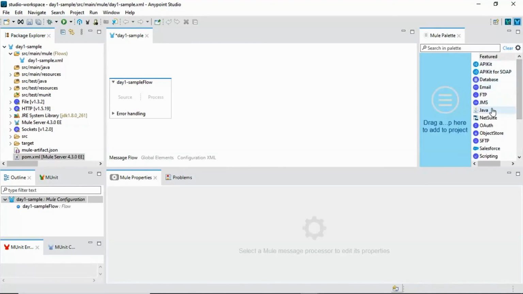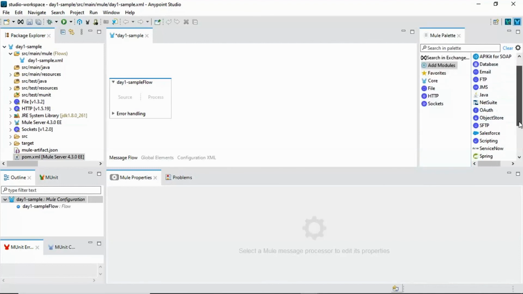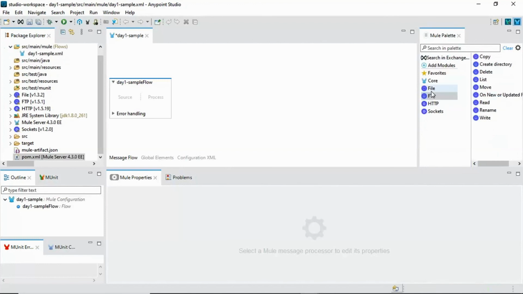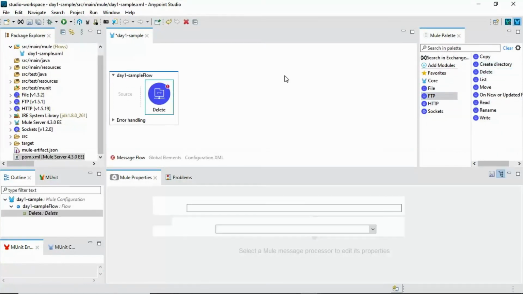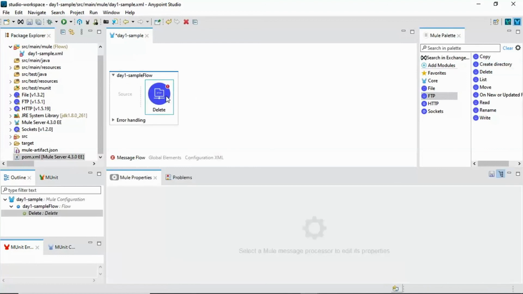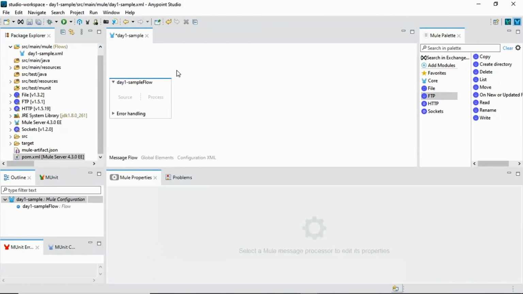You just need to drag and drop these modules into the module list, and it will bring the module into the list, and you can see various operations available for that module. Now you can drag and drop a module operation onto the canvas inside the event processor or event source based on the requirement.